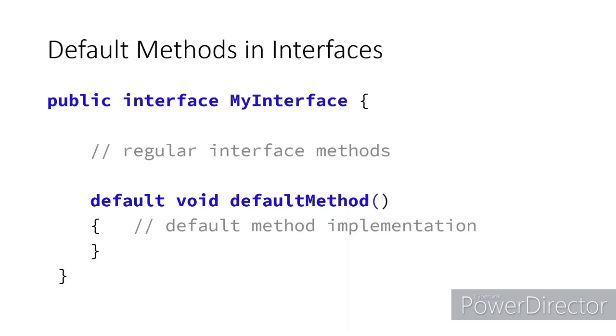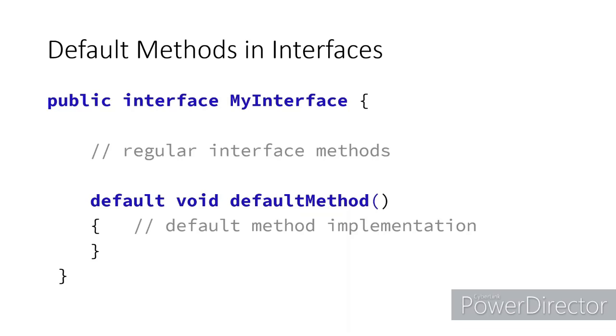Now, the advantage is that tomorrow if I write some class which is going to implement my interface, suppose in this interface there are two abstract methods, and this one default method. If I write a class which implements my interface, then I will have to override the two abstract methods in this interface. But for the default method, the implementation is already there. So in my implementation class, I need not do anything for the default method. It will be available as it is in my implementation class.